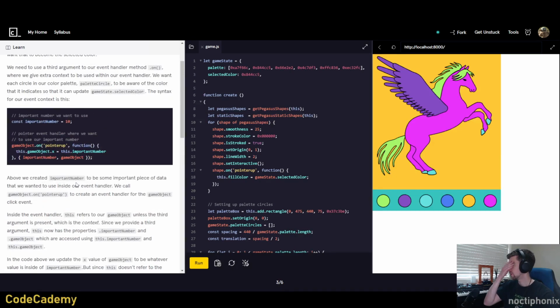Okay. This almost seems like it's adding a level of complexity that doesn't need to be there. But I think that's just because of my lack of understanding of what it's doing specifically. So it sounds like this, right? This is before you add the third argument, it's looking at the game object. So then it's saying